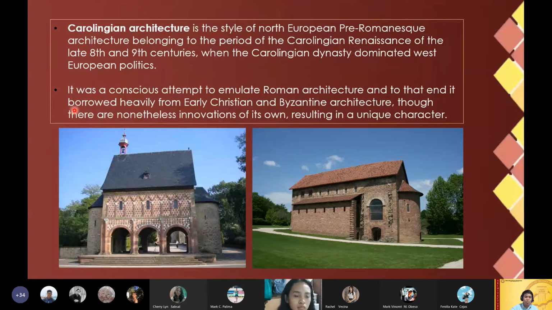So it was a conscious attempt to emulate. So again, gikopya nila ang Roman architecture. And to that end, it borrowed heavily from early Christian and Byzantine architecture. So what they do is, kopya sila sa Roman architecture, and then kuha sila og mga ideas from early Christian and Byzantine. So since nabilong man sila sa ana nga era, Carolingian Renaissance or Carolingian dynasty, so gitawag siya og